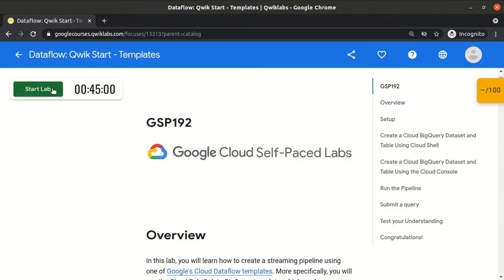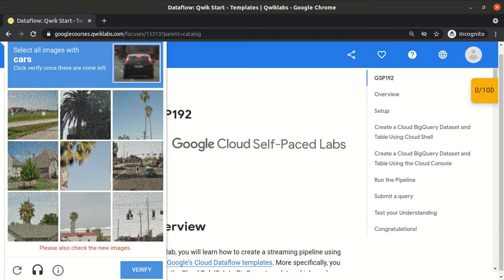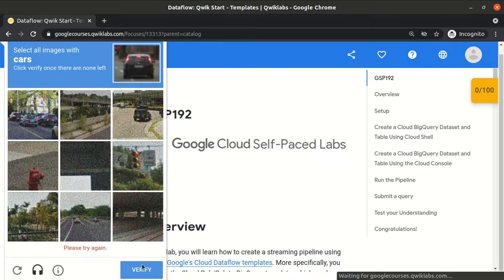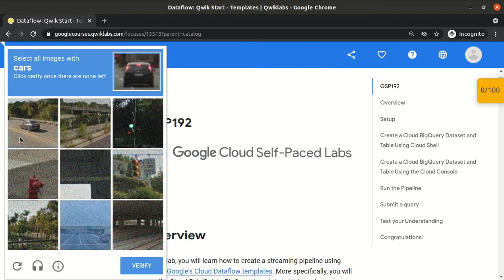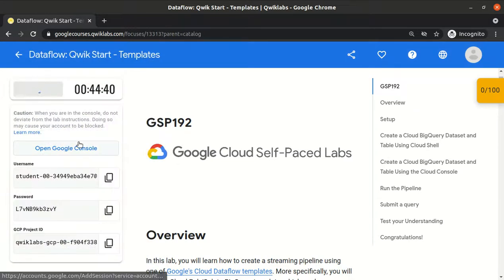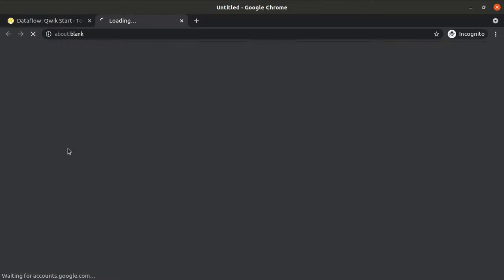Let's start the lab. We will copy the username and open Google Console.